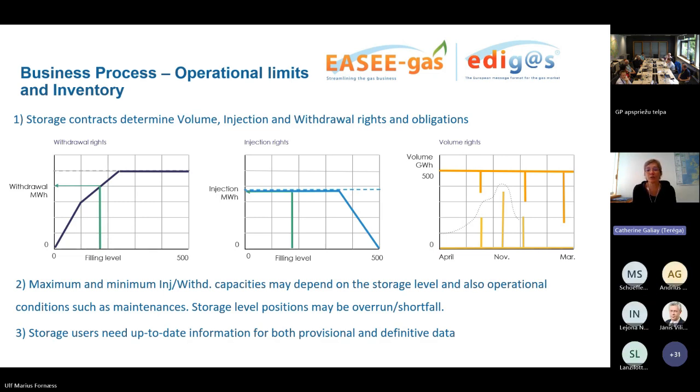These limits may also include some specific gates, as in the figure, that are defined for some dates during the gas year. So a shipper has to respect his volume limits and needs information about them, as Svetlana said. Moreover, each day and even during the gas day, this can lead to new limits or new needs for injection and withdrawal in order to respect the minimum and maximum storage level. The storage filling level and associated limit will change daily and even within day, depending on nomination and allocation.